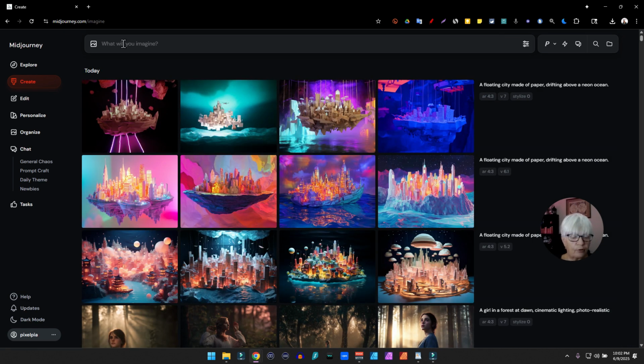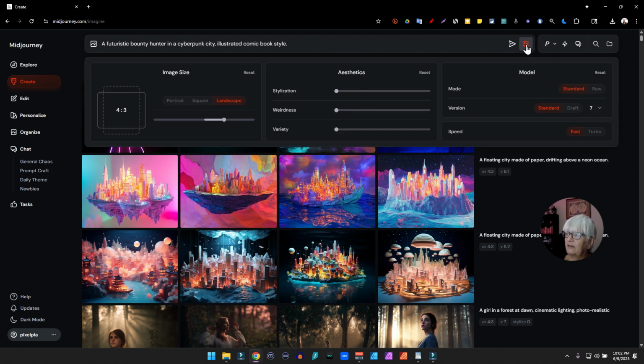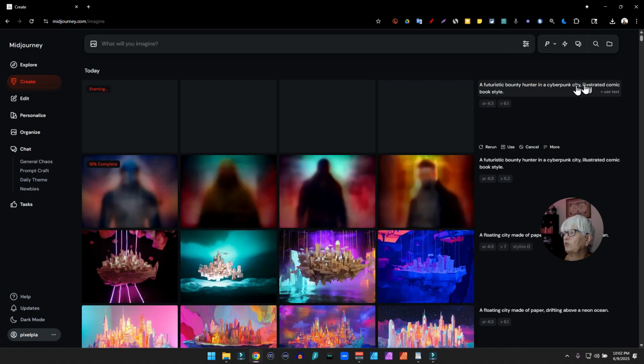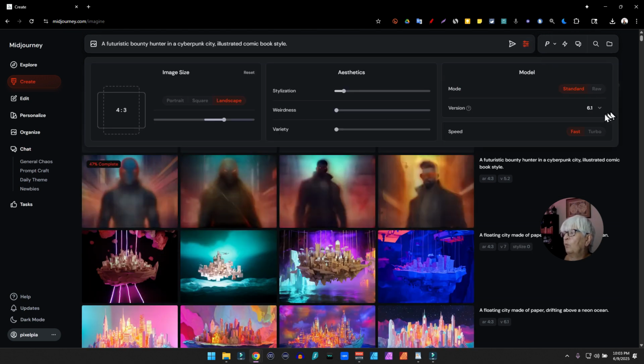The last prompt we are going to try today is a futuristic bounty hunter in a cyberpunk city, illustrated comic book style. So we start with 5.2, we make one set in 6.1 and one set in 7.